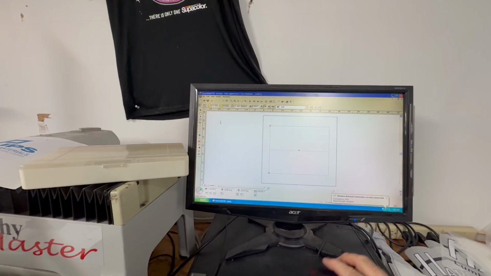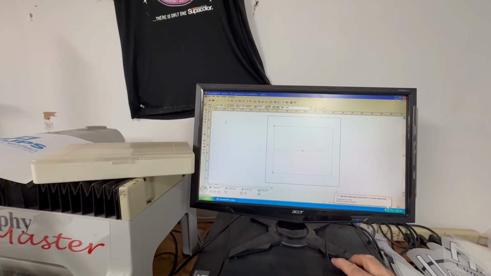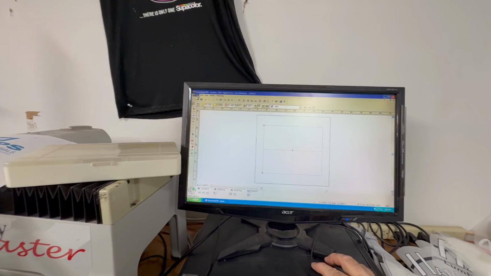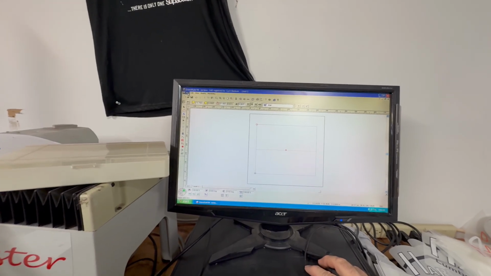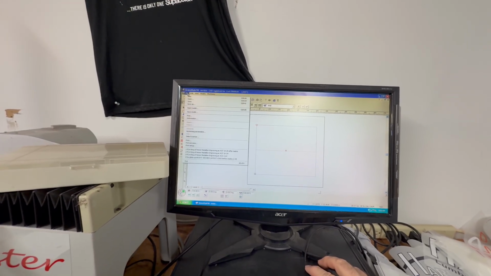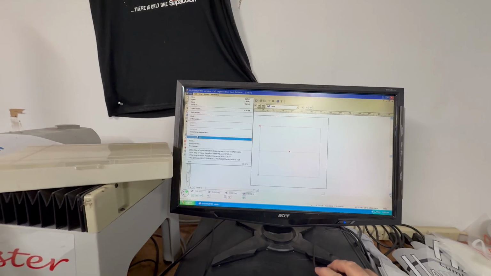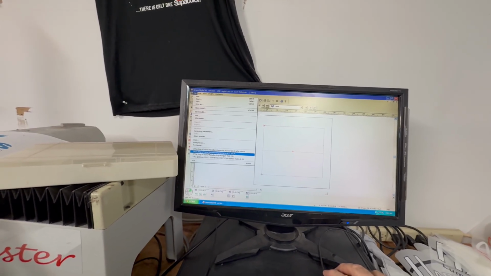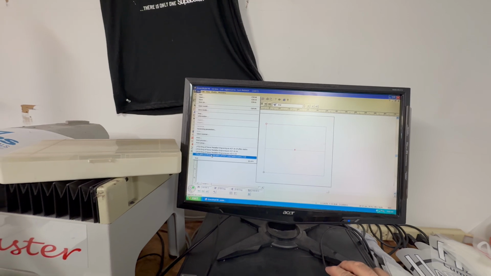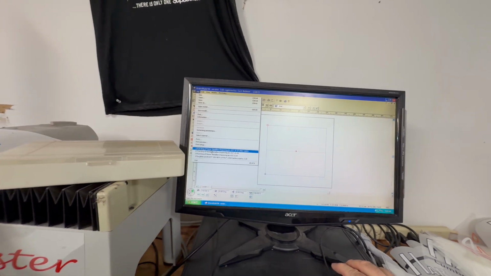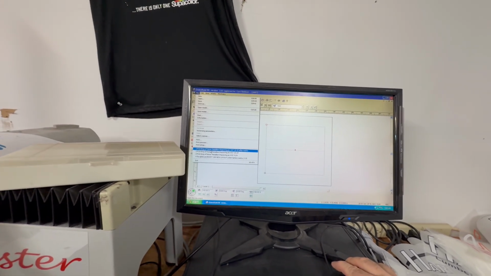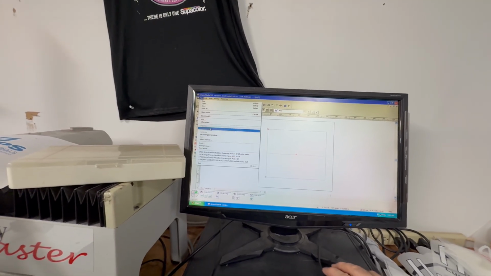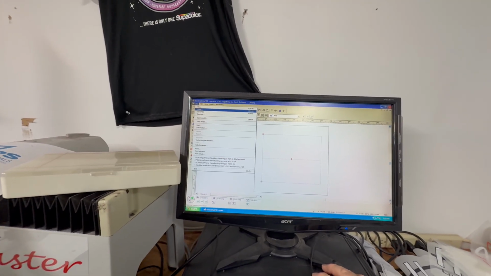All right, so what I do is, and this is only what I do, I don't know if it's proper or not, to open a file, you go into File, and you can look at the previous files that have been opened, and that'll tell you what you're looking for. It may not be available, because what I use on this computer, because there is no space, is external hard drives. So we're going to go to Open,